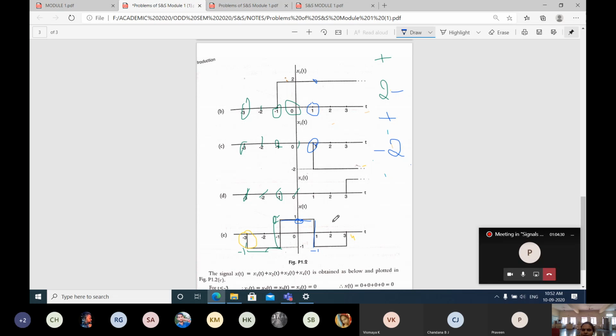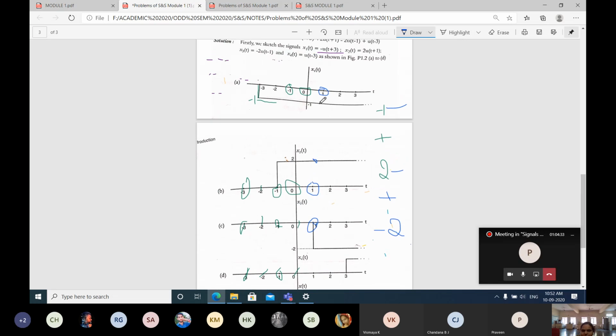Okay. Then again here for all the values it will be -1 only. Here x2 of the signal is always 2 only. Then here it will be -2 only. Observe here. Here is always positive 2. Here is always negative 2. Means if I add these two signals, you will be getting what value? It will be 0 only. Correct? +2, -2. Then what you have to do? Skip this. Then I have to perform x1 of t with x4 of t.